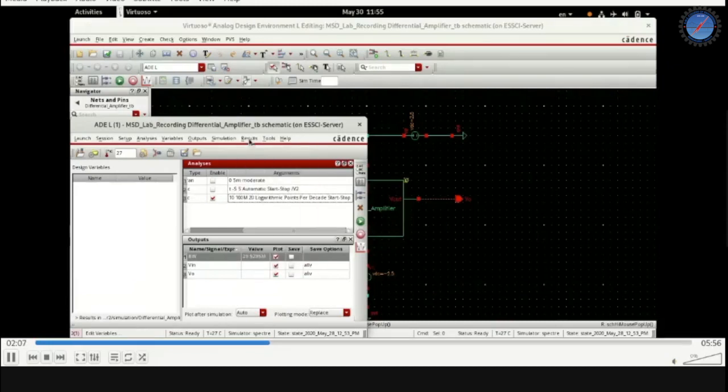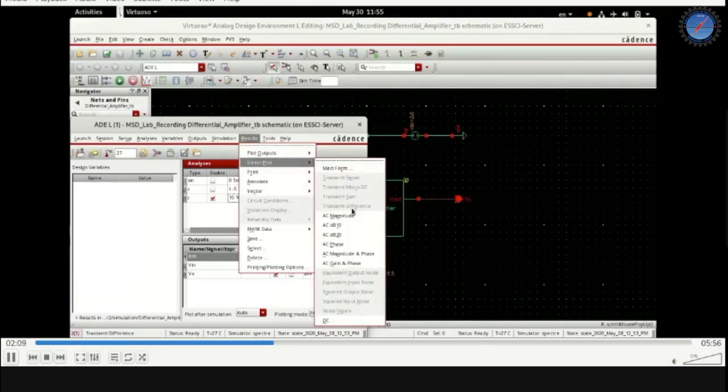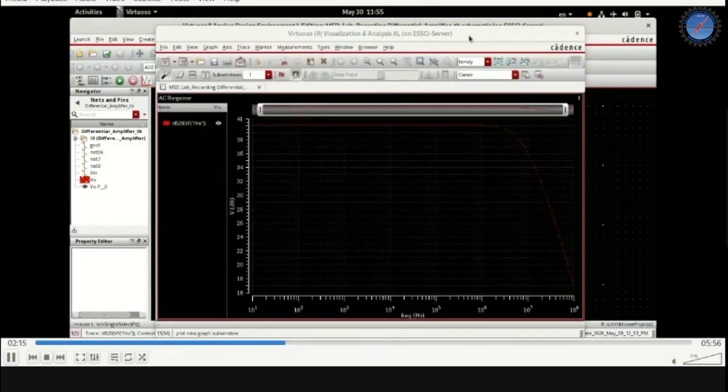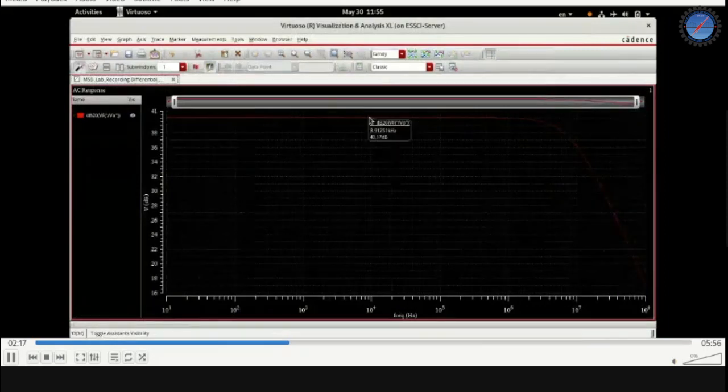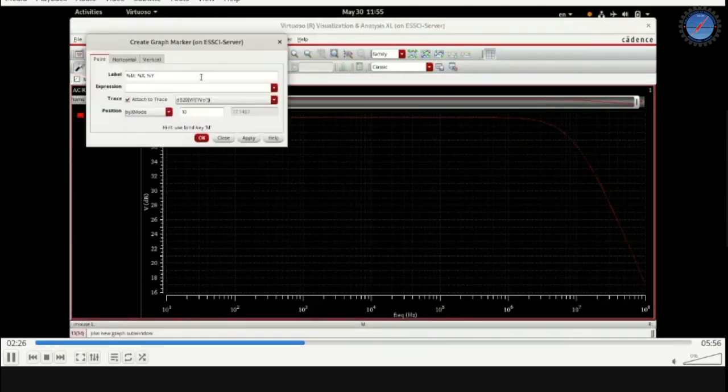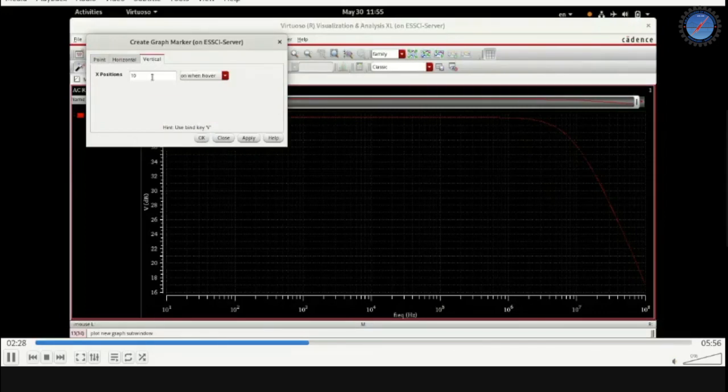All right, you can also plot the gain in dB if you're interested. Results, direct plot, AC dB20. Then go and click on the output terminal, click escape, then you'll have this plot which will come. Of course, here I note there is some discrepancy in the actual number. Anyhow, you can do it either way. Either you can use the calculator or you can also use the marker and then find what is the actual bandwidth. Okay.